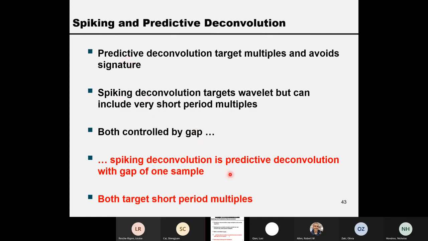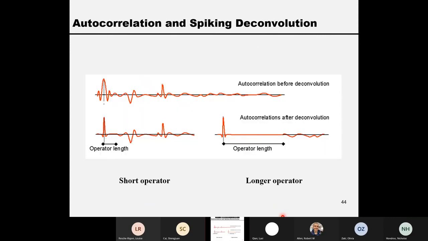And now, because we know how to do the tau-p transform, spark decon and predictive decon can be implemented better in the tau-p transform. Let's do it that way. Let's do this in the next slides. Let's see the diagram here about